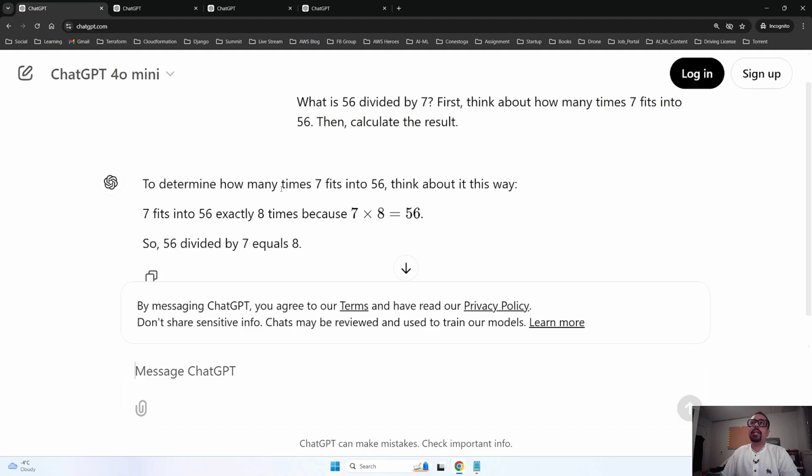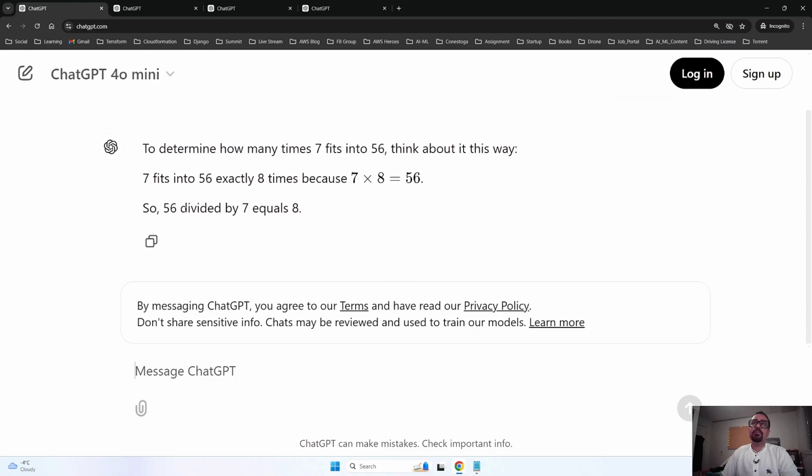See, to determine how many times 7 fits into 56, think about it in this way. 7 fits into 56 exactly 8 times, because 7 times 8 is equal to 56. So 56 divided by 7 equals 8. It's a very clear answer, right? So it has already given him a mind map that this is how it has to go ahead and